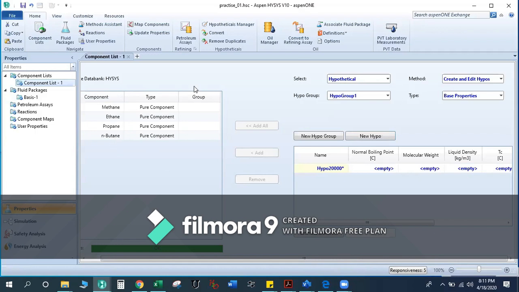But if you don't know the name or its formula, but you know either the normal boiling point of the sample, or you know the molecular weight and density, then by using these also you can define your hypo components and introduce those hypo components into your component list. Let's see how. Here the name is hypo 20000*. This is the default name. You can edit this also.